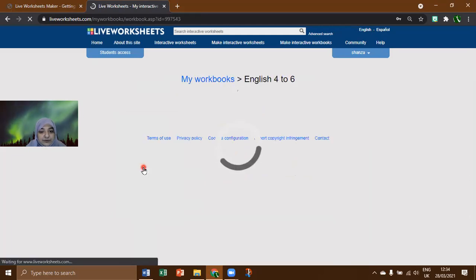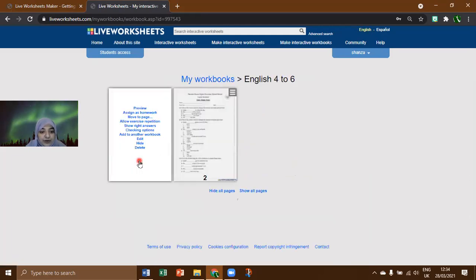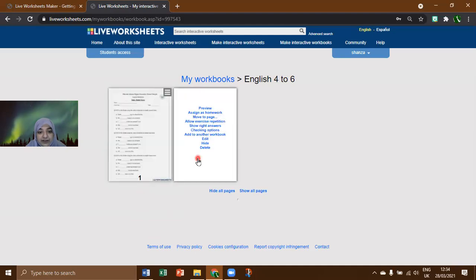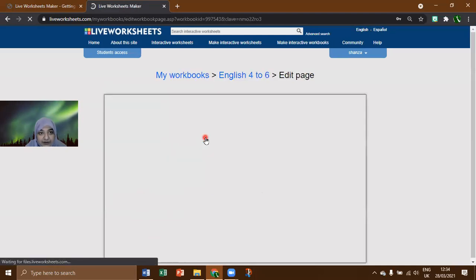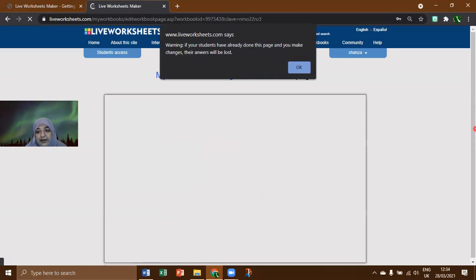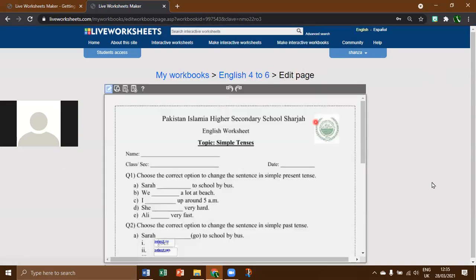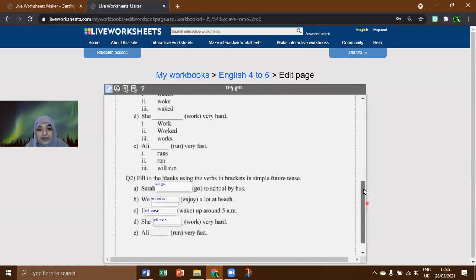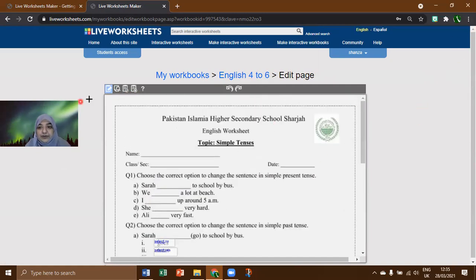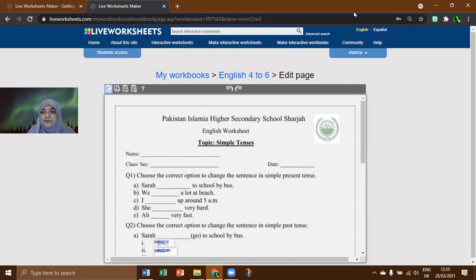Now this is my workbook. You can see 2 worksheets there. This was added yesterday, and the second one is what I just created now. I'm going to click on the edit button. And I can continue with editing the same file again. Here it is. See, the same options are there: add, preview, done, or delete. Everything is there. So you can continue with editing again whenever you are free or whenever you want to.